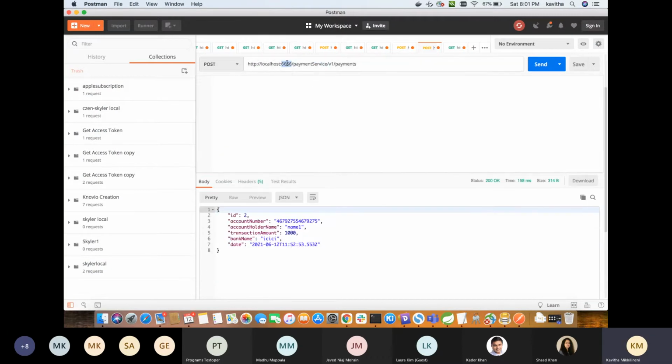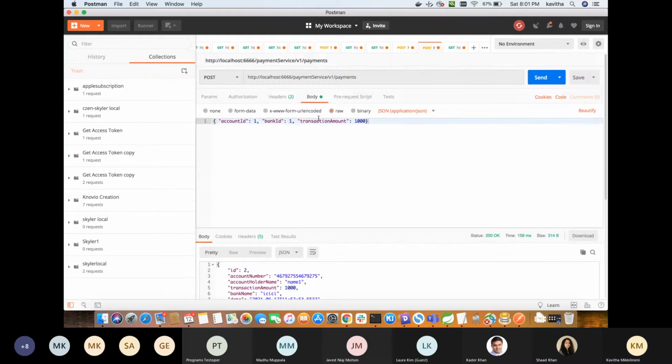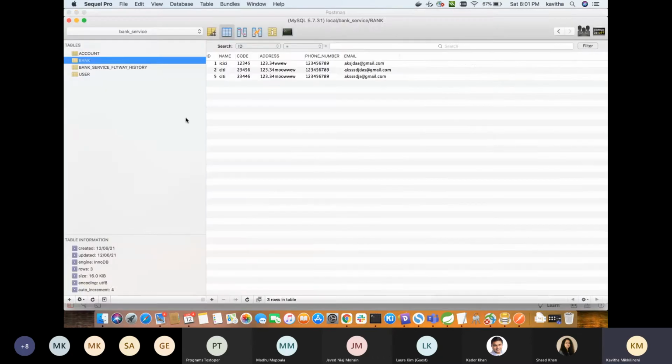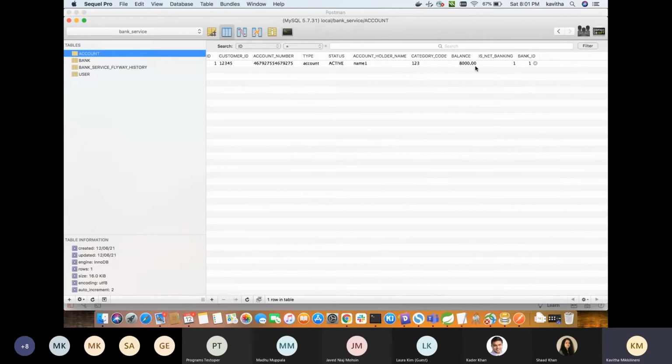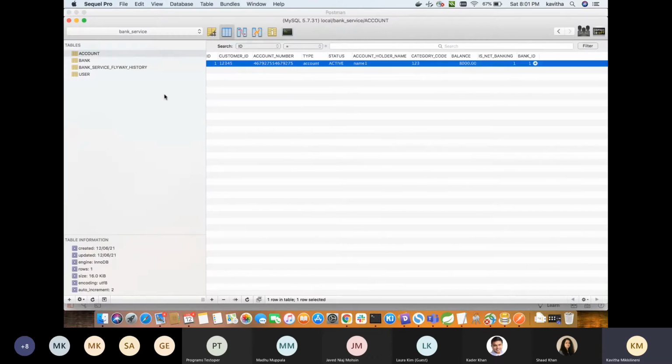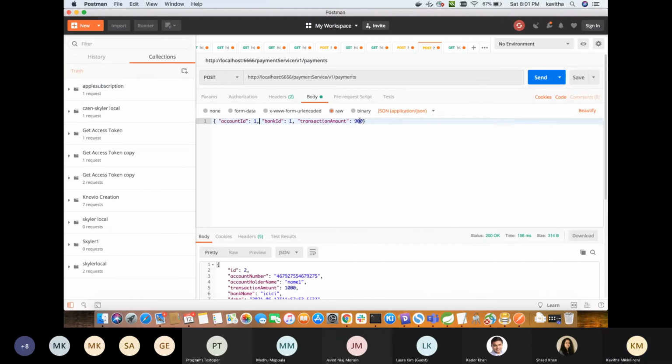I'm using the API gateway port here, and I'm trying to debit an amount of 900 from the bank ID 1 and account ID 1. There is data here already, which has an 8,000 balance. So we'll try to make a transaction for 900 rupees here.